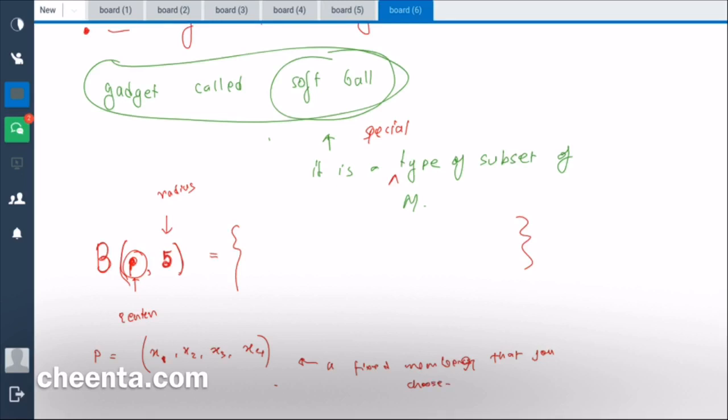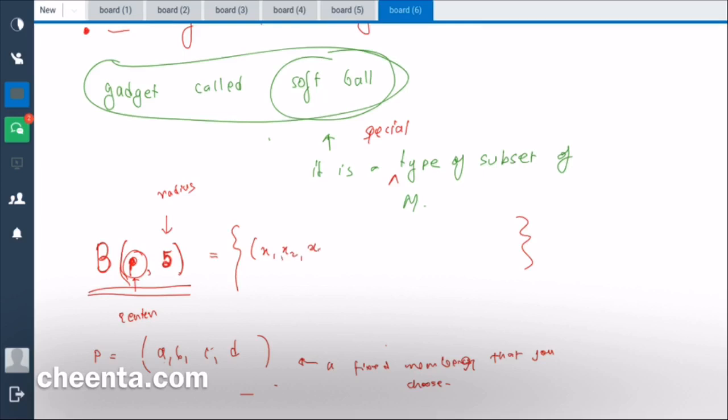Or maybe I can change the letters just to make sure we understand. This is a fixed member, so A, B, C, D, 4 numbers. So this set will contain